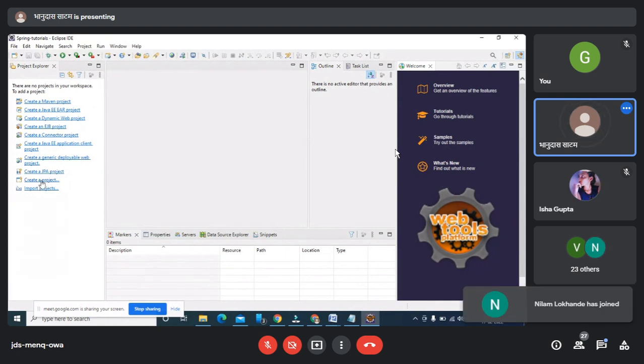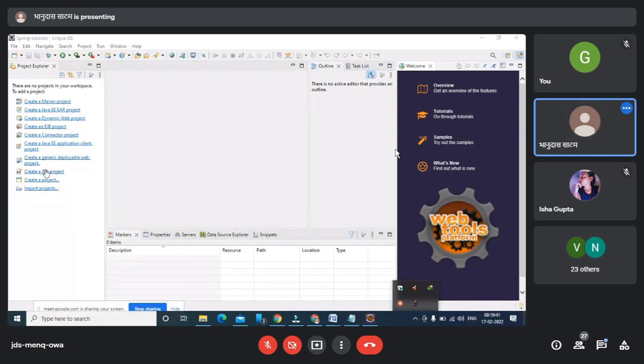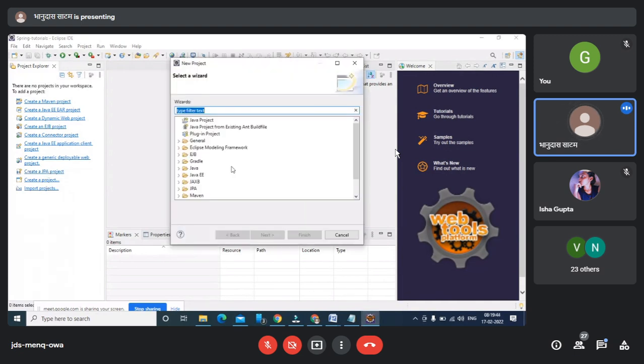Everything is recorded, so you don't need to bother about the steps. If you miss anything, you can see the recording. I'm choosing a Java project and clicking on next.